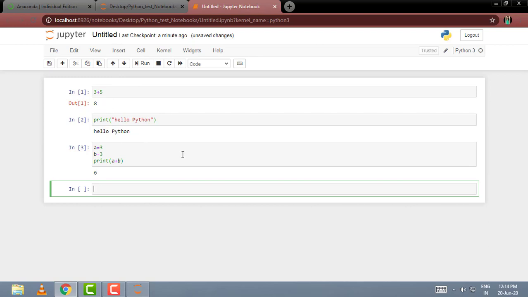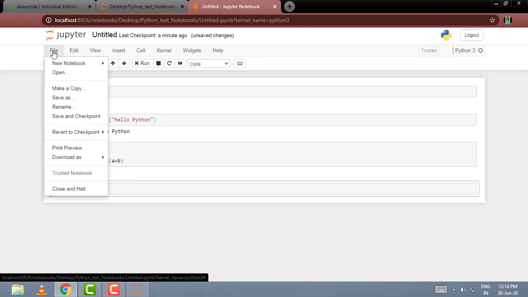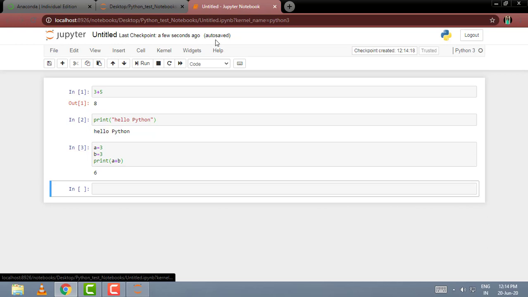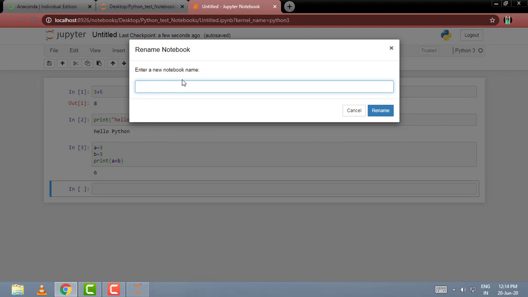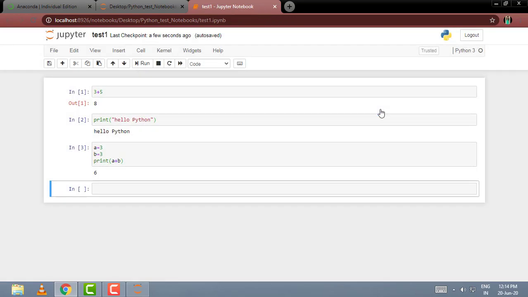This notebook shows unsaved changes. To save this notebook, go to the File menu and then click on Save and Checkpoint. So this file is now saved, and to rename this file click on Untitled and we can write it as test1. So this notebook is renamed.